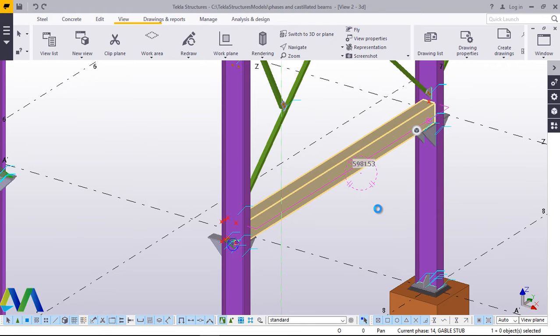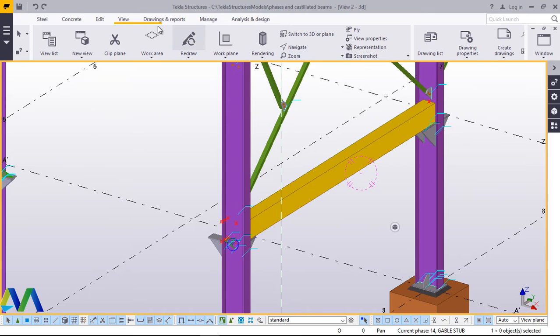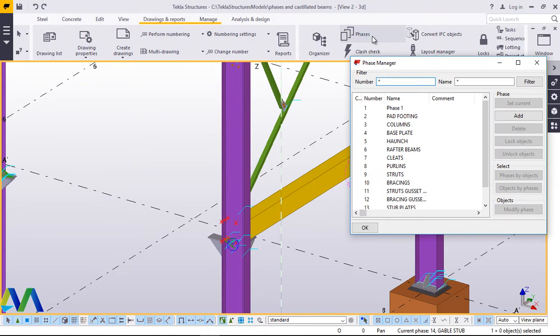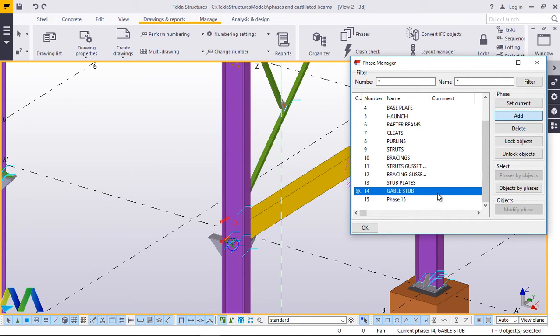Now what we are going to do is use the same approach, going to drawings and report and coming to faces, I mean face manager, scroll down and create another category,